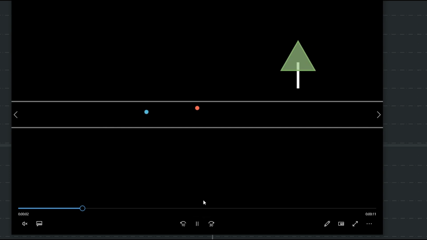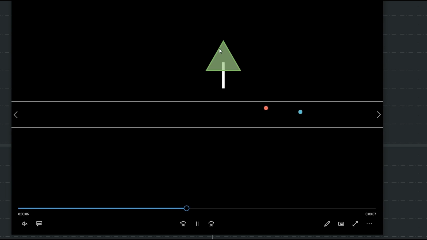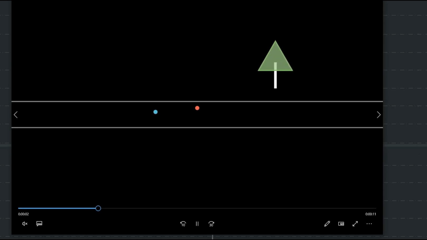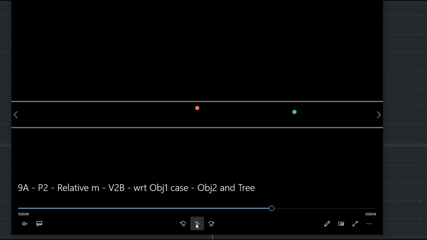But if you are sitting in the red car, remember, this is the actual picture. If you're sitting on the tree, this is how it will look. But for a person who's sitting in the red car, this would be the perspective. The blue car looks to be very slow, is it not? Again, it's the perspective. And all of these values are right, guys. All of these values are calculated and then animated.